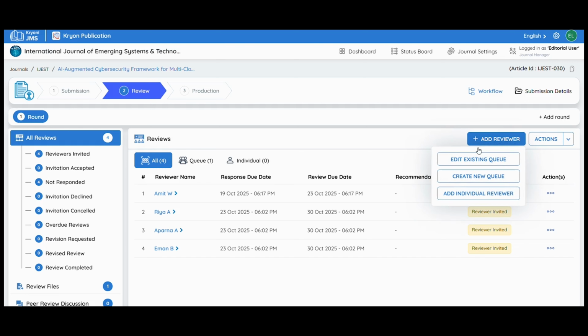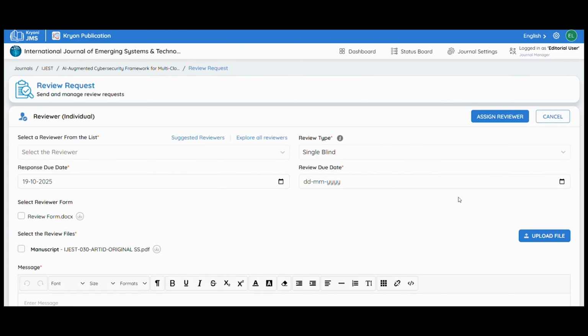Now let's see what the add individual reviewer option is. This option is used when an editorial user feels this reviewer would be the perfect fit to review this manuscript. At times, the editorial user can use this option.